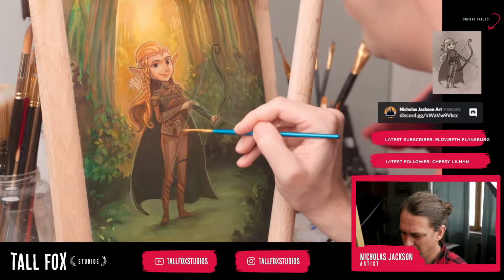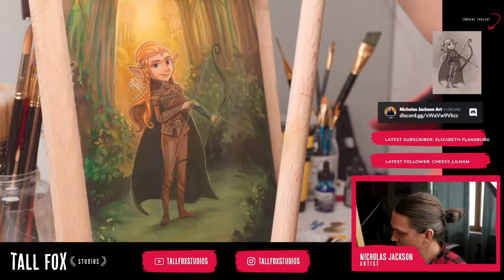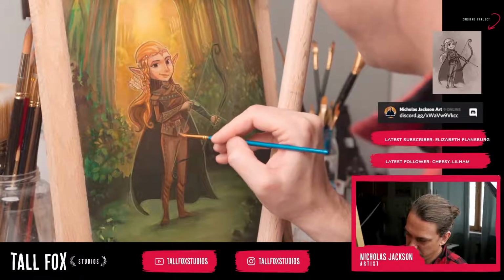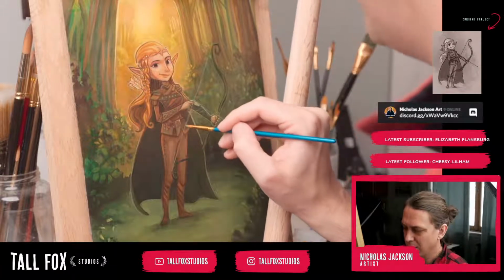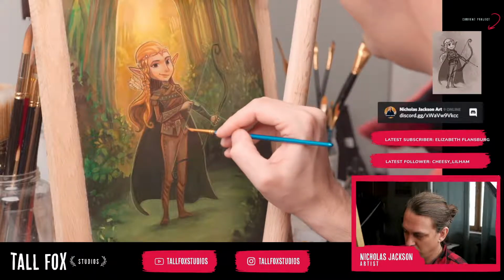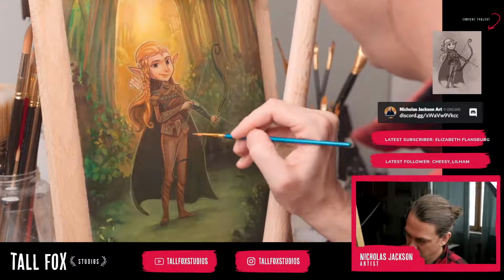And just realizing that that is not the way forward, and being okay with that, and embracing some of these other mediums is really, really nice. Because, for example, I like to go in and glaze something in acrylics. What's cool is that glazing in acrylics is great, because then you can, in a few moments,